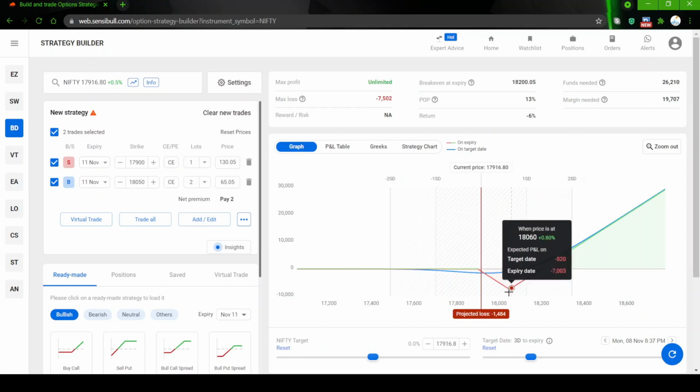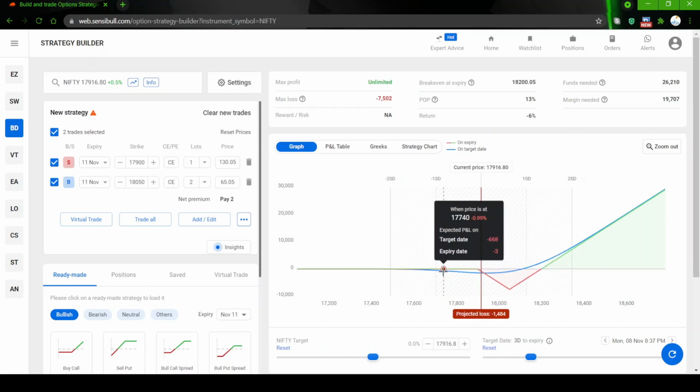And on the downside, from 17,900, wherever you have sold 17,900, if the market is going down, you are not going to lose anything here. It can show some loss on the target date. Target date is whatever days in between the expiry. Any day you can choose those, that is the target date. So it will show some loss, but on expiry you will be break even. You would have paid only some premium for brokerage for getting into the position, so that is going to be your only loss. But the actual trade will not have any P&L. It's a break even trade.